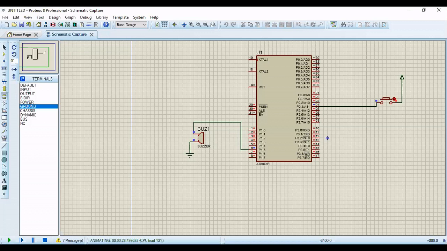This is the program where when you press the switch, you'll be getting a buzzer sound. When you release, it will not be heard, right? So that is the program's execution part. You have seen how to connect a switch and a buzzer to your microcontroller, and using the status of switch, how to buzz the buzzer, right? So this is about connecting a port with the switch and a buzzer.